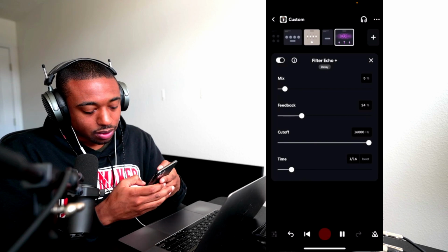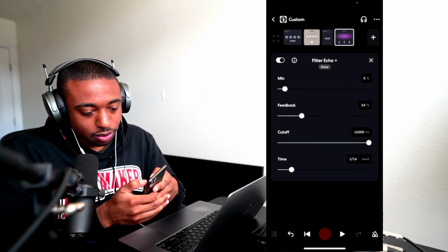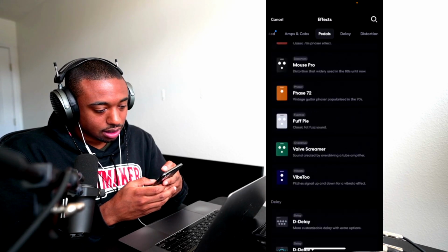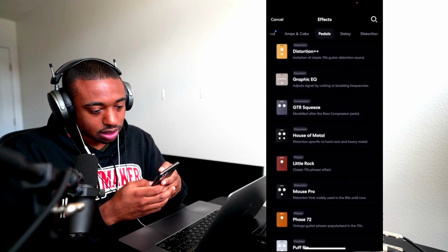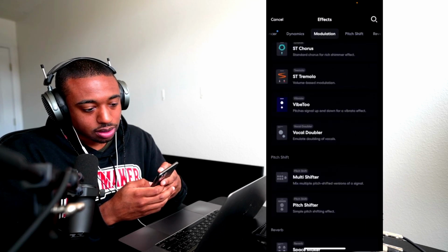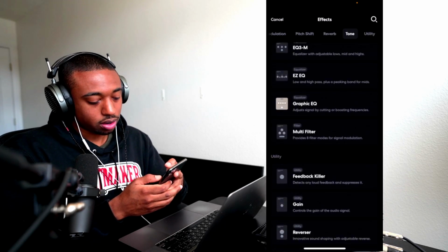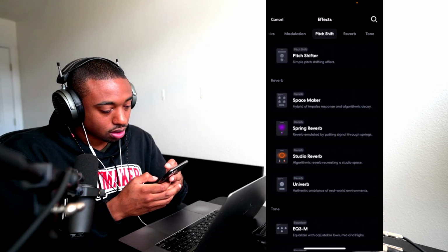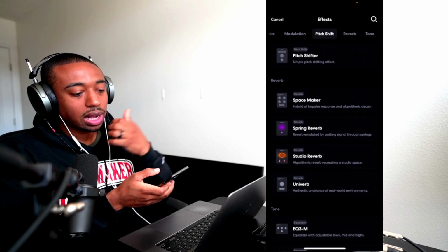Okay, now let's add reverb. Sorry for my whack bars. Let's click the plus icon and let's go to the reverb section. So I see why people have trouble with this. As a producer, it's hard to even know what the heck these terms are. So it would be easier if the company watches this.